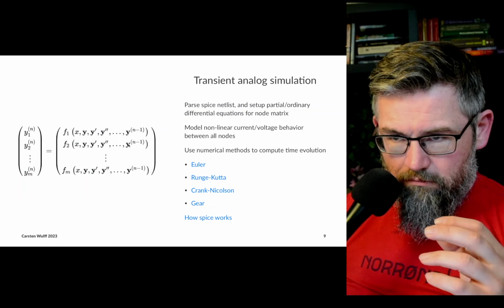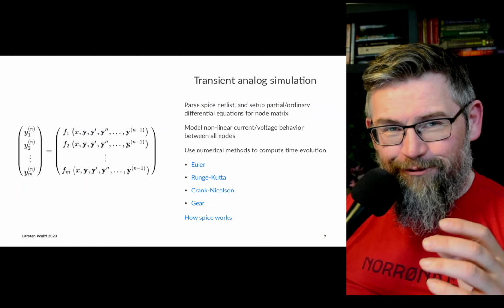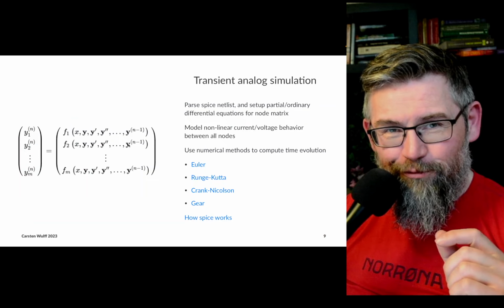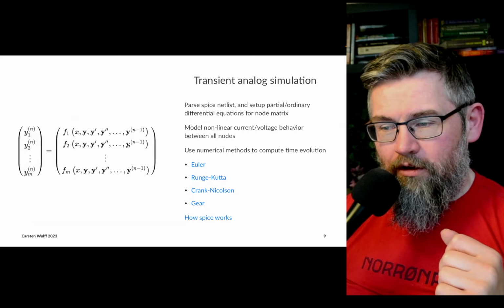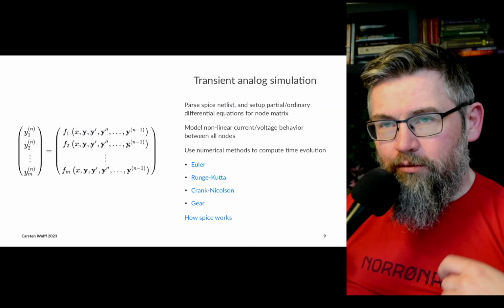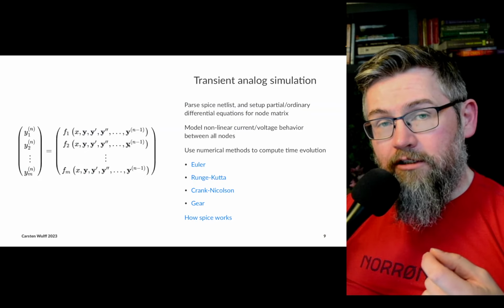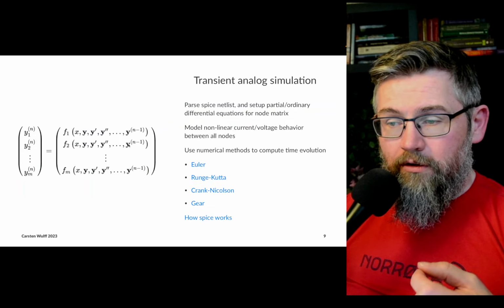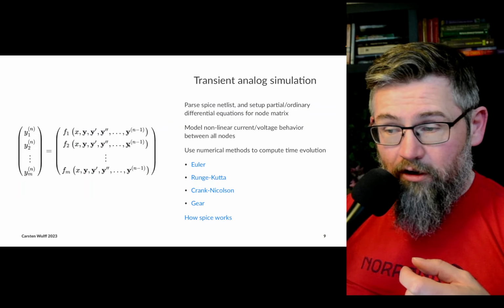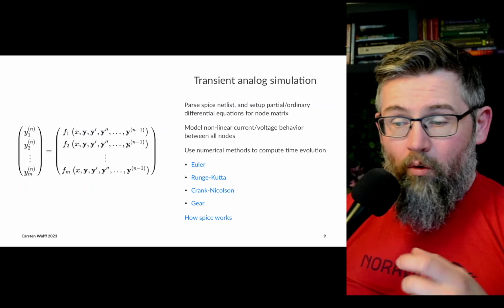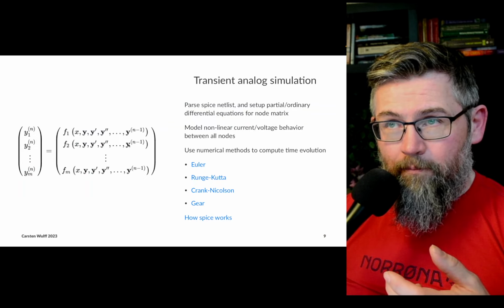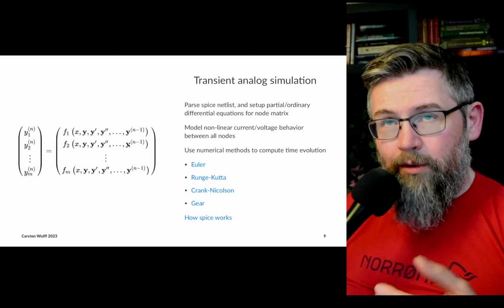Now, we can't do this closed form. You can't write the single line of code that does this. You actually have to use numerical methods to compute the next value. And here it can actually be non-causal also, because sometimes maybe you have to step back in time. It depends on whether you do forward Euler or backward Euler or other numerical methods